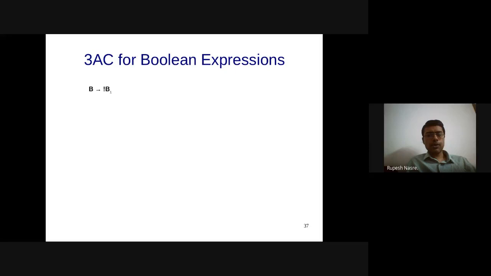Kuldeep, you are there? Okay, B1 dot false equal to B dot true and B1 dot true equal to B dot false. So that seems to be taking care of that. We need to set up B1 dot true and B1 dot false, and that can be derived from B dot true and B dot false.